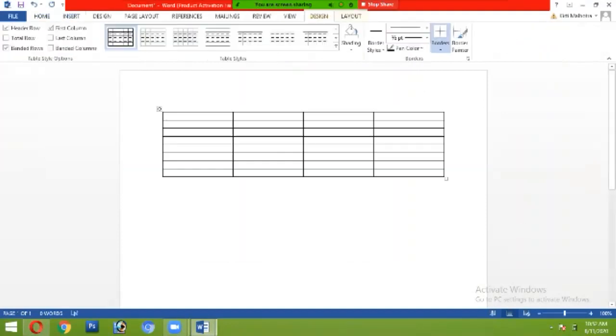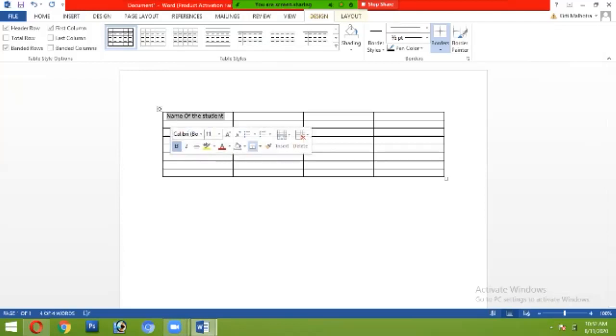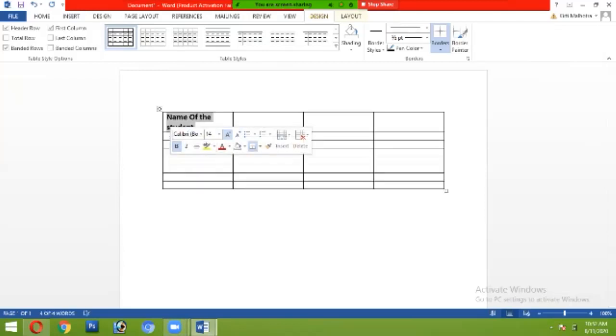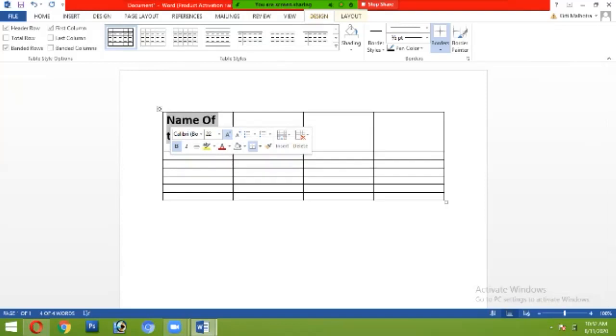Here I am writing name of the student. I'm making it quite larger so that it is easy for you to understand.